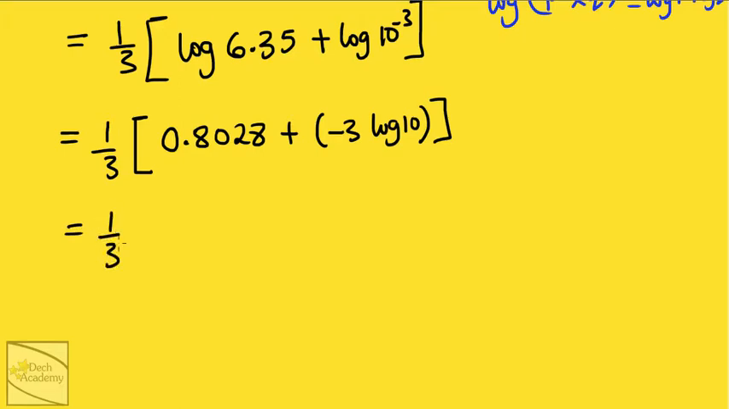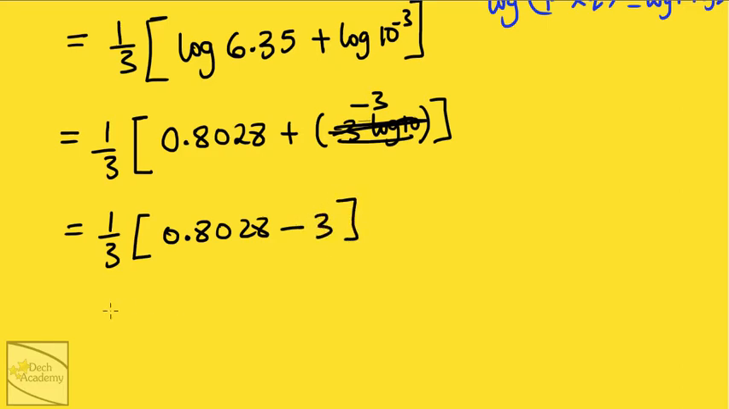Therefore equal to 1 over 3 into, we're pretty much done now, plus minus 3 times something is minus 3 times the thing. But if you just focus on this bracketed expression, minus 3 times log 10. Log 10 is 1, so minus 3 times 1 is minus 3. So this bracket is essentially minus 3. So we have plus minus 3, which is obviously minus 3. So this gives us 1 over 3. You could work it out, but what you get is, I'll use my calculator here. So 0.8028 minus 3 gives minus 2.1972. So times 1 over 3, which means divided by 3, gives